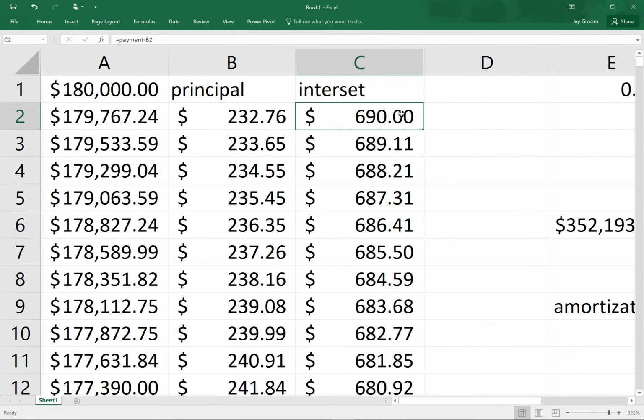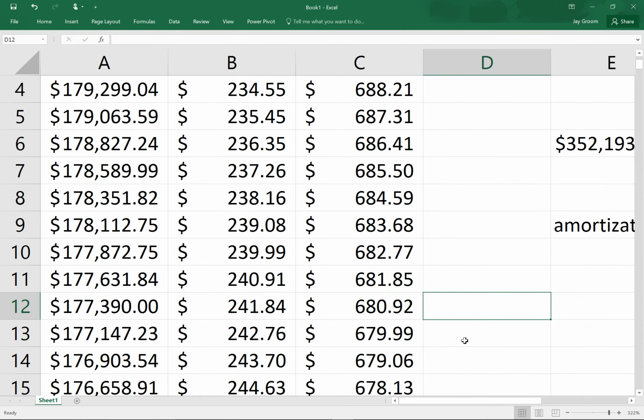Now, let's say, for the sake of argument, that you bought this home on the 1st of January. So this is the very first of the month, so this is for the first year. That's the very first of January, it's the end of January, and so on and so on. If you want to know how much taxes you paid in the first year, what you would do is you'd go equals sum